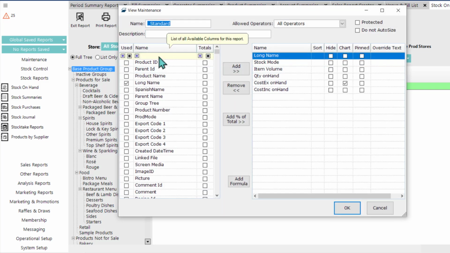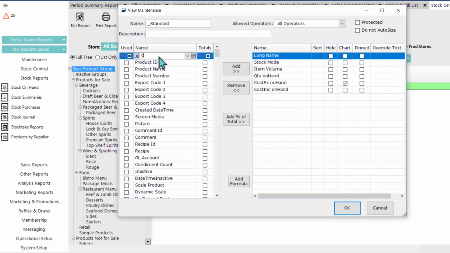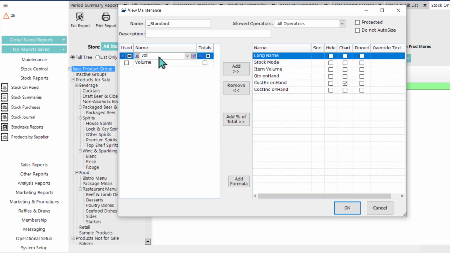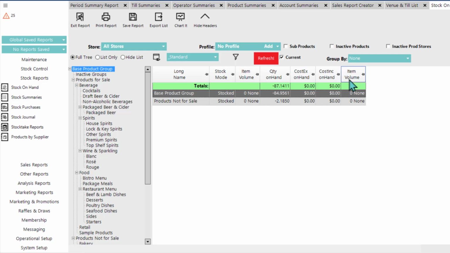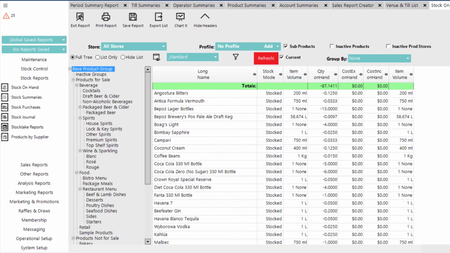And I'm going to add an item volume column to this, and I'll just click OK to save that and refresh that. So we've got this item volume column added to the view now. If we go subproducts, we can see all of the different item volumes that have been added for our products